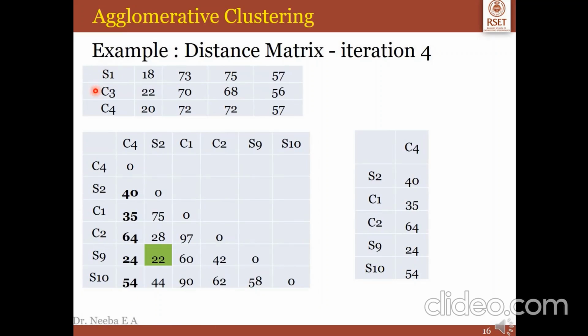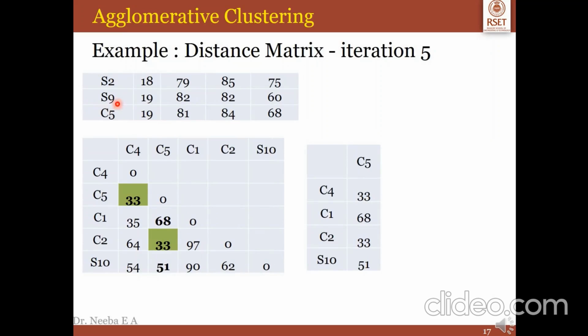In iteration 4, we combine S1 and C3 and form a new cluster, C4. Again we find the distance from C4 to all the objects, replace it in the distance matrix, and find the lowest value. Here it is 22, between S2 and S9. So that becomes the new cluster.